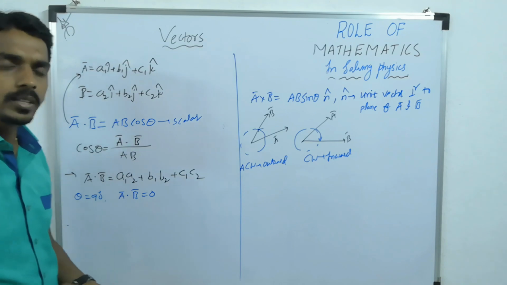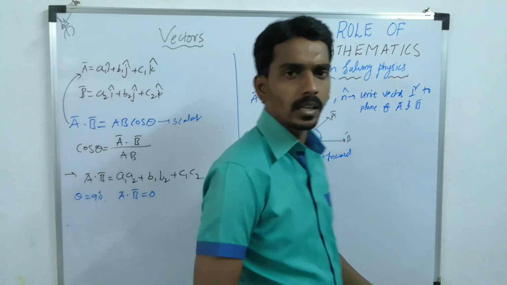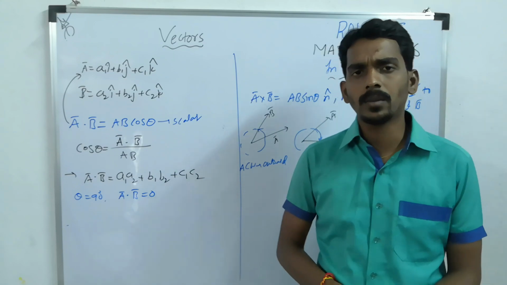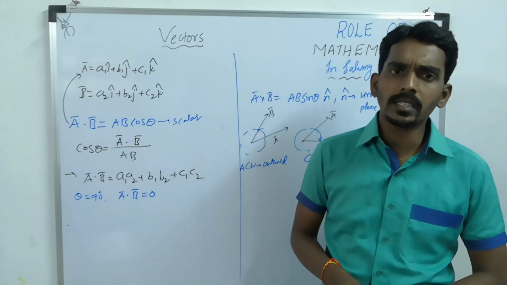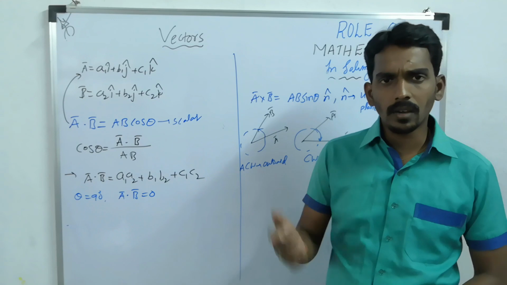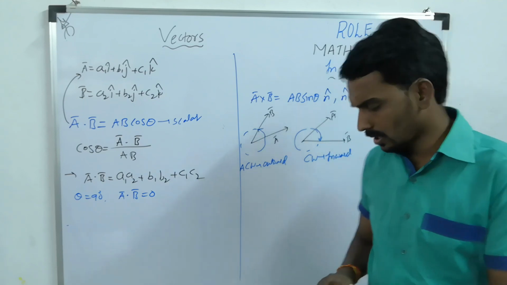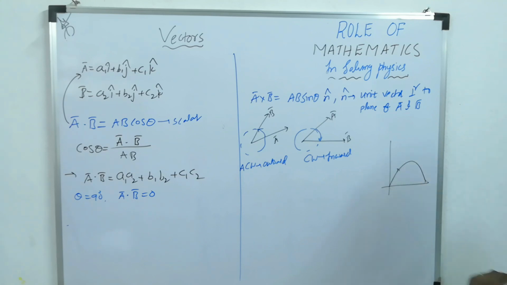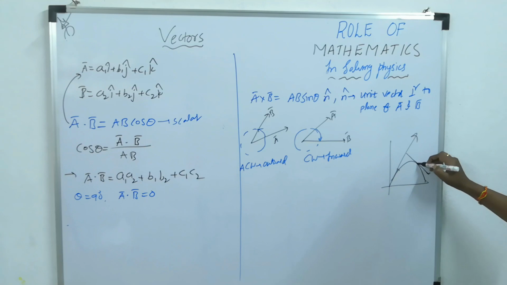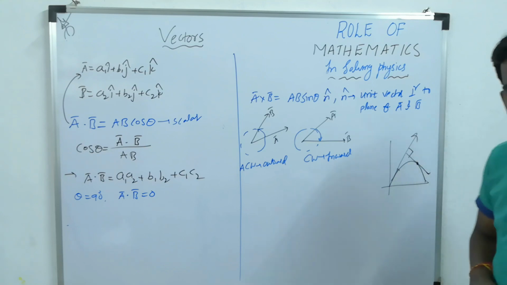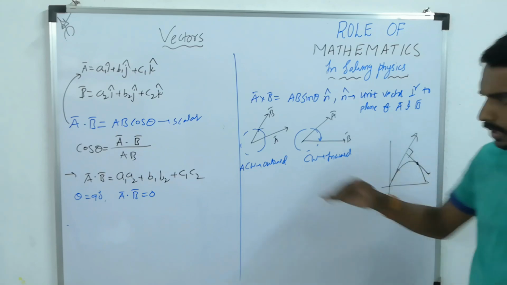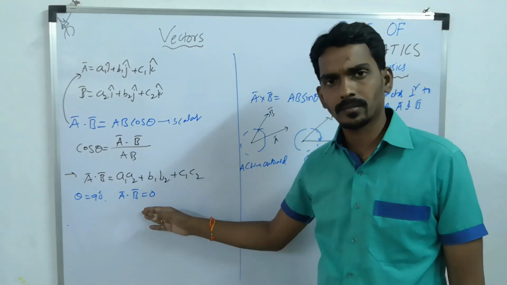Like in projectile motion, you will use the condition like after what time the instantaneous velocity becomes perpendicular to the initial velocity. So they have given one situation like a body projected, it is going like this. So this is the initial velocity direction. After some time, at one instant, the velocity becomes perpendicular to the initial direction. So what time? You can find using this condition.